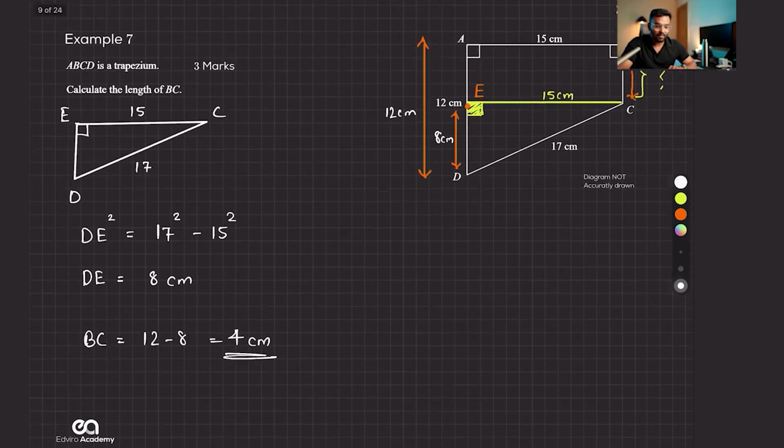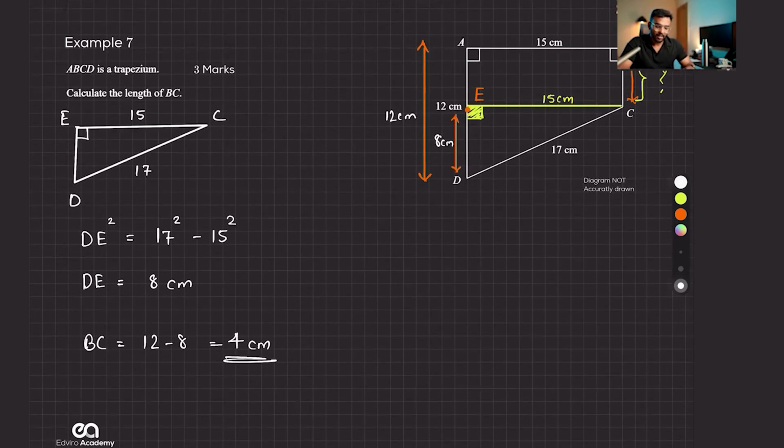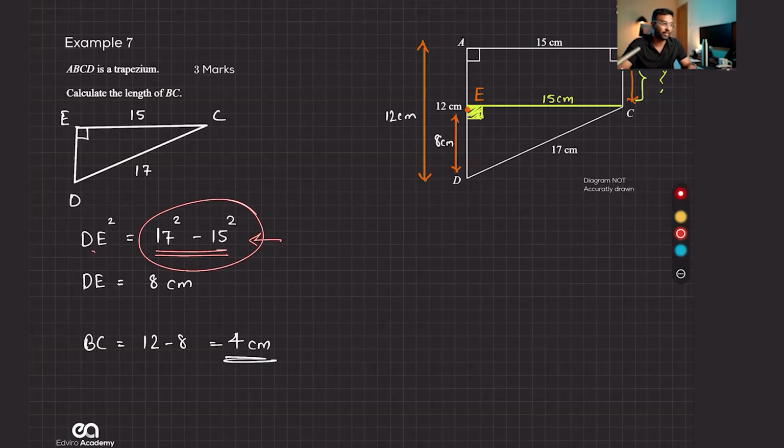Zara, in exam with these kind of questions, when you have actual answers, there's no time to check your answer. But here, yes, you can check your answer, where if you square root work this out, you should get 8 square. You should get 64 if you just simply put that in your calculator. And that means you're correct.